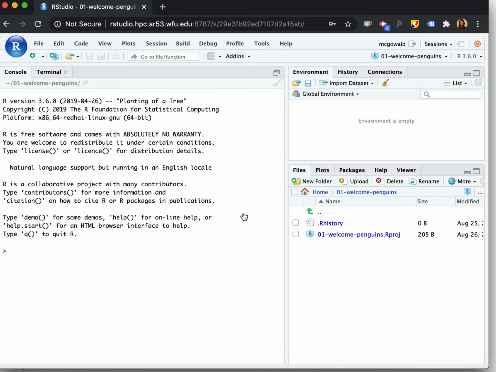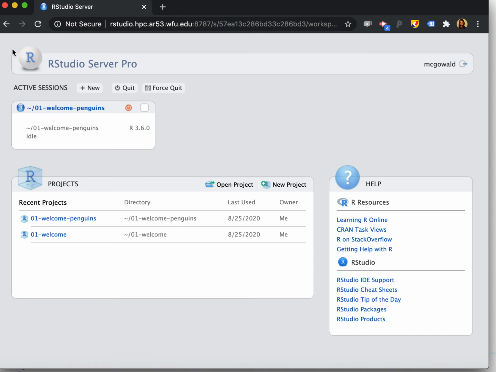All right, so when you sign in, depending on if you've used RStudio Pro before or not, you may see this screen where you get to basically a main screen here. This is what RStudio looks like on the server. It looks the same. So you may see this. If this is what you see, go ahead and click on this blue RStudio server home icon. Or alternatively, if this is your first time joining RStudio Server Pro, you may see something like this. And so we should all be back at this place now.